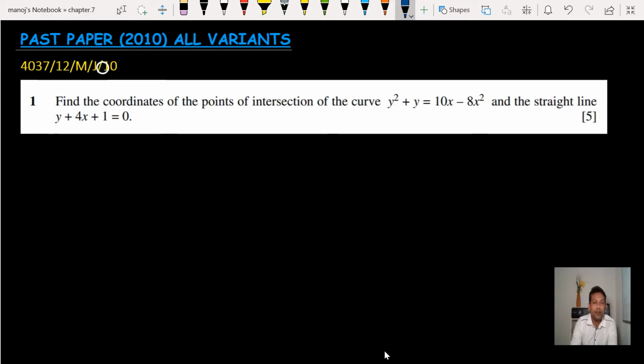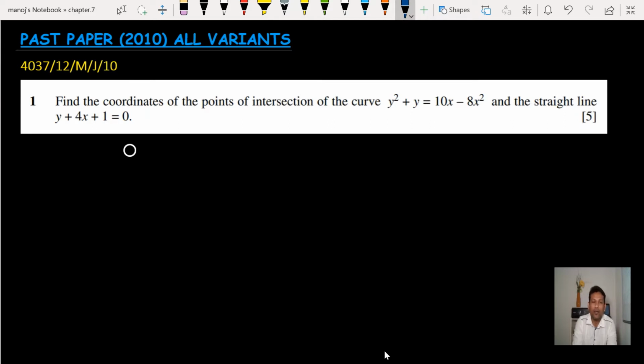Today we are doing past paper 2010, all the variants of Add.Maths CAIE 4037. I have selected all the questions from the 2010 variant. We have fewer questions in that because the variant started in 2010. Okay, let's start. Just remember this: what is normally asked in the paper, simple things like midpoint, distance,